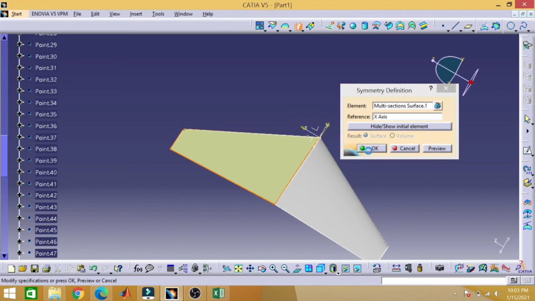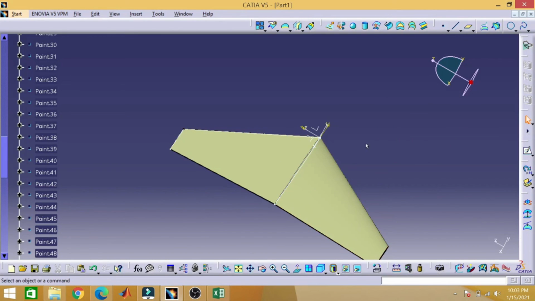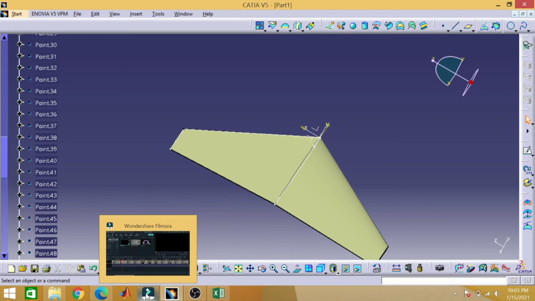Yes. Okay, so this total is the horizontal tail, and this half part, first once you make the half part, you will save it as vertical tail, and then after creating the symmetry, you will save this part as horizontal tail. So this was today's lecture, and I will discuss the fuselage